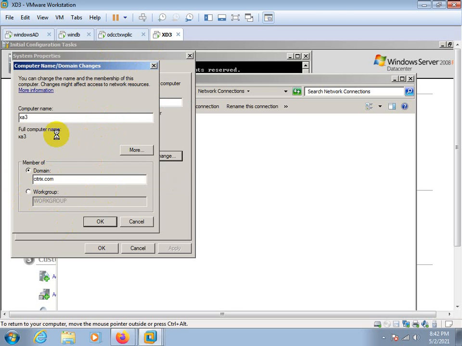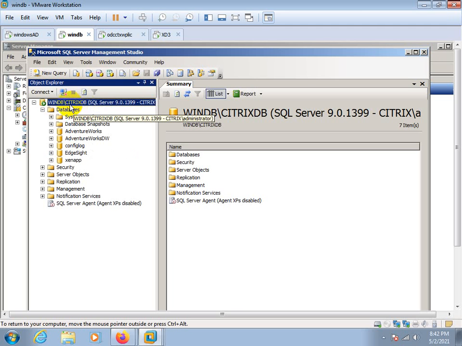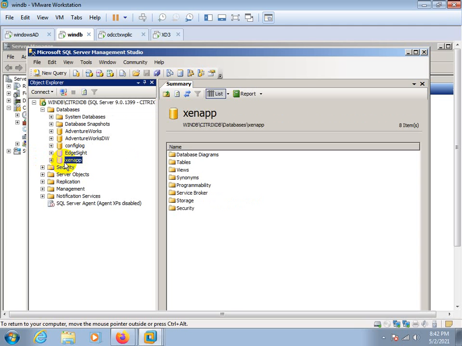Now it's join to, and here is the database. First, WinDB is the server name, CitrixDB is the database. You can say it is the instance name, CitrixDB. Inside this instance, database, Synapse for Citrix form, hside, and conf log.